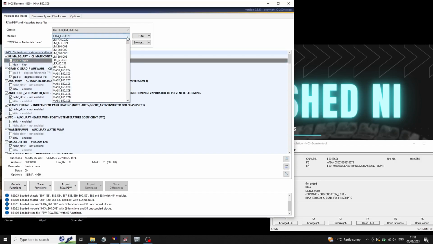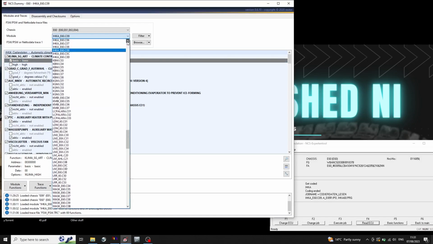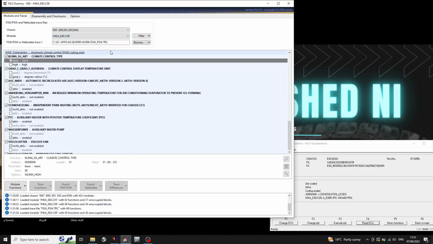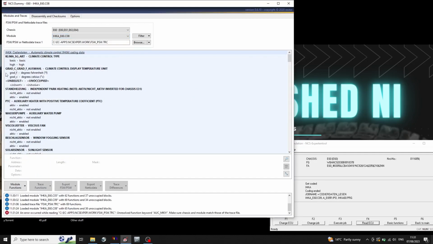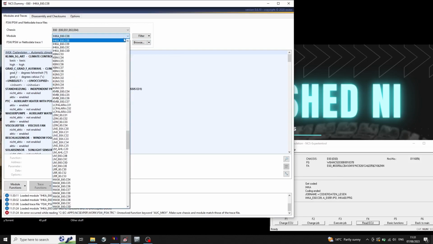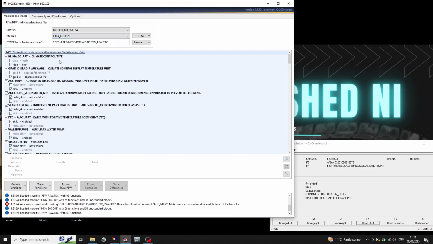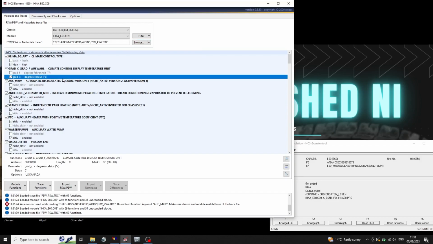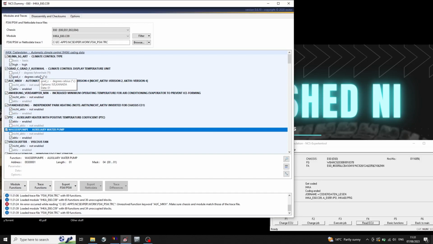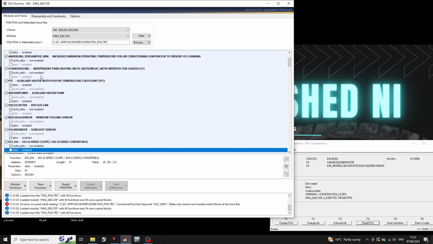If by any chance it doesn't happen, for example, I choose C8, you won't be able to change anything here, because the module and the software version that you selected would not match the one that is in the car. So just change this back to this and it's already here. Anyway, there's a lot of options here. You will learn as you go. You can change a lot of options in here, but what we actually need is... oh yeah, one good thing,